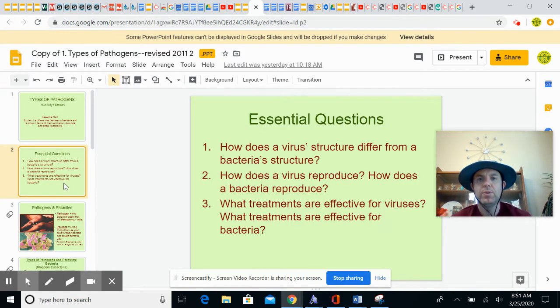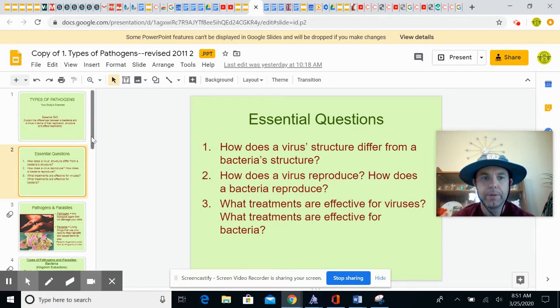All right, back in the day, we used to have these things called essential questions, which I think are still good. At the end of the notes, this is what you should be able to take away. Number one, understand what bacteria are, how they reproduce, and how they're different from viruses. Know what a virus is, and know the way they're treated.